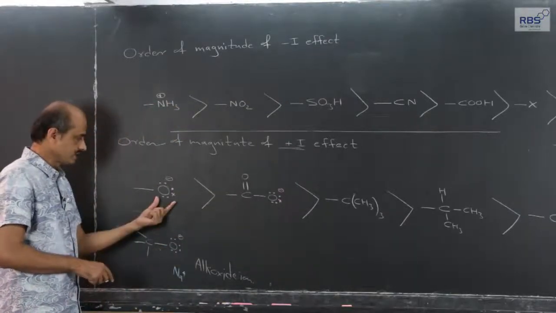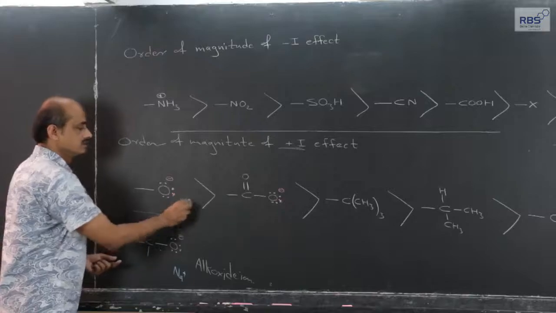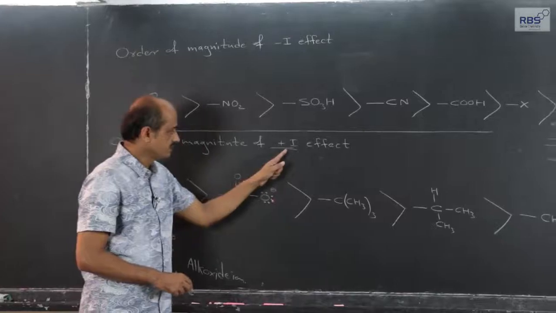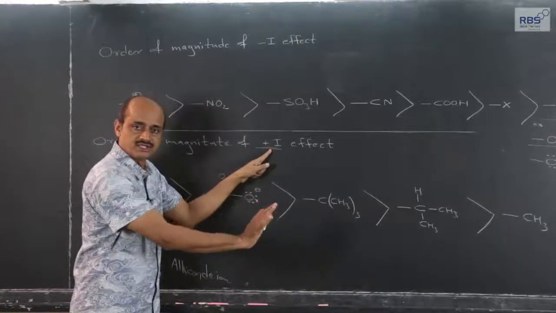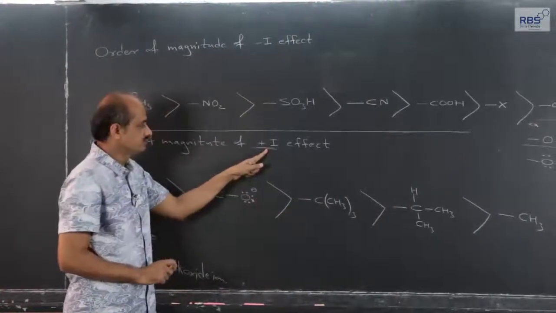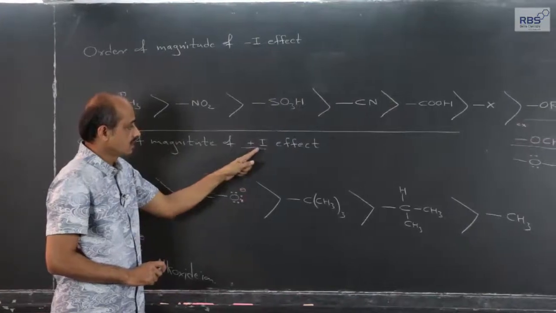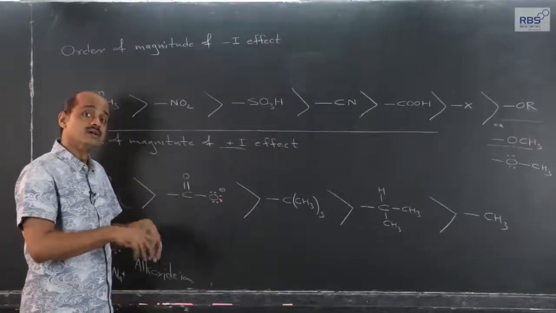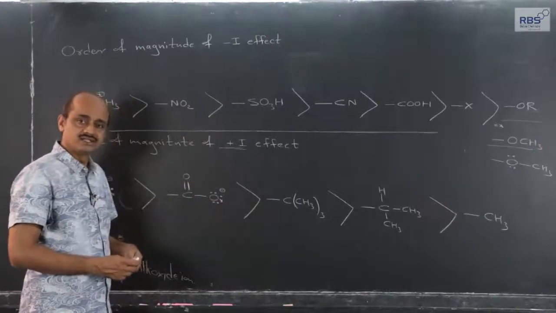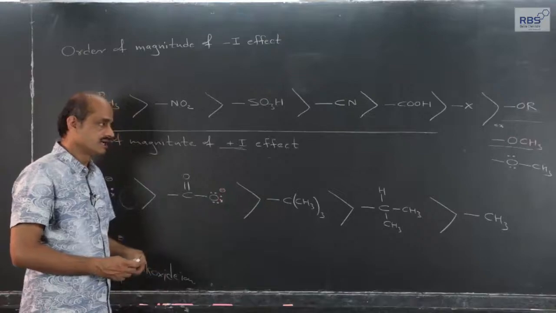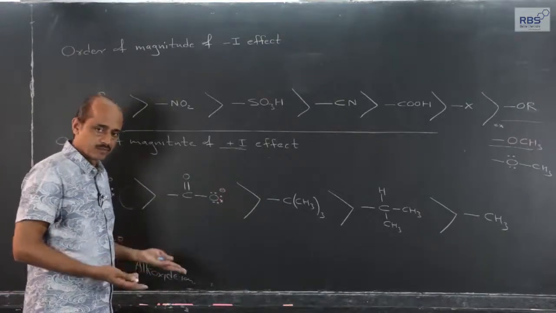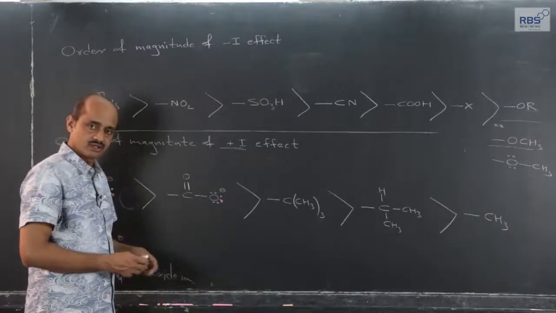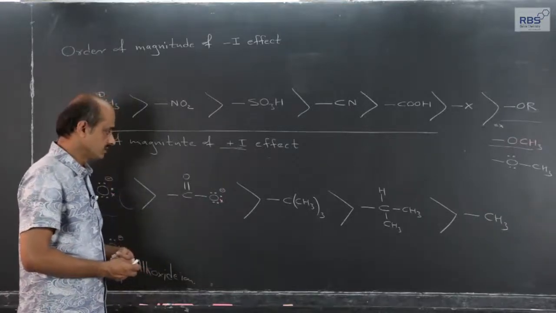alkoxide ion, if it is shown as an ion, some positive ion is there, it is normally not shown. Alkoxide ion has a tendency to push the electron density, to release the electron density away from it. If we consider only the inductive effect, in resonance something else is there, and the resonance part is also part of our plan. I will not take it here, it will confuse us.